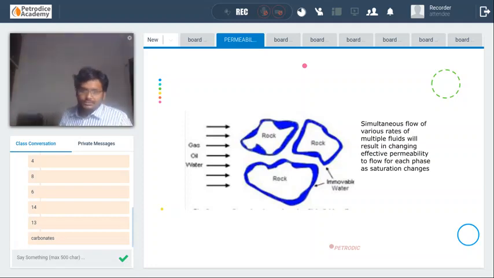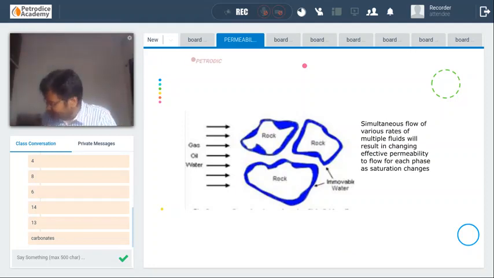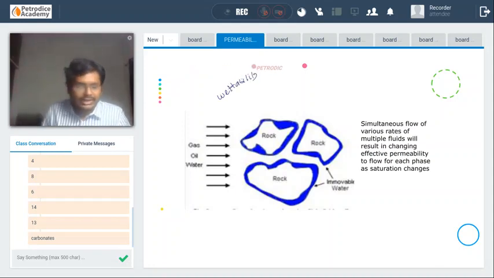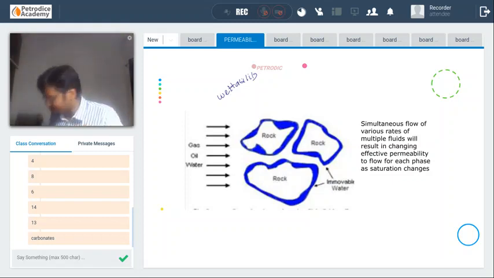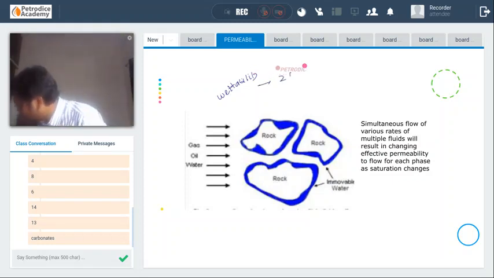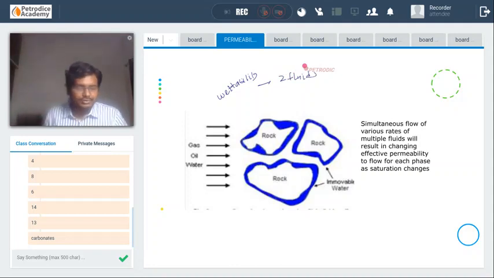Okay, let me explain it, guys. Basically wettability, we will study it more clearly in the next chapters. Wettability is a property of the rock to attract a single fluid towards it when compared with the other. Wettability will come into play when two fluids are present near it. Consider this particular rock. Consider it is having oil and water inside it.